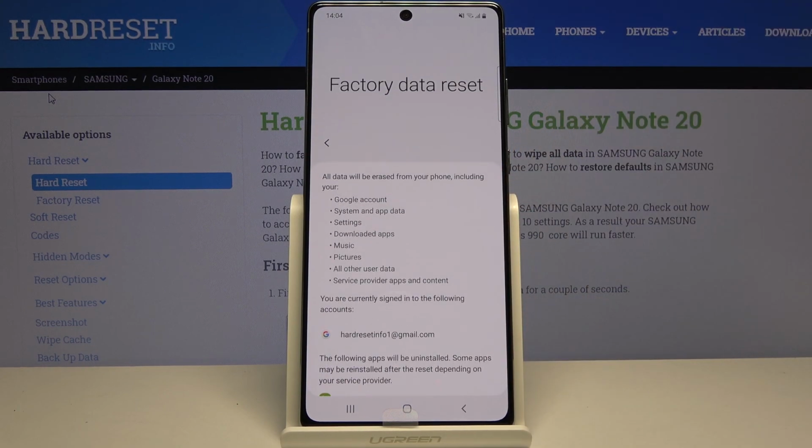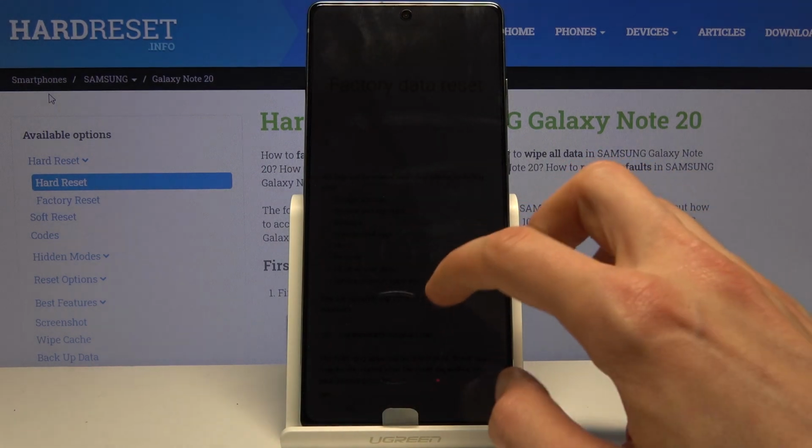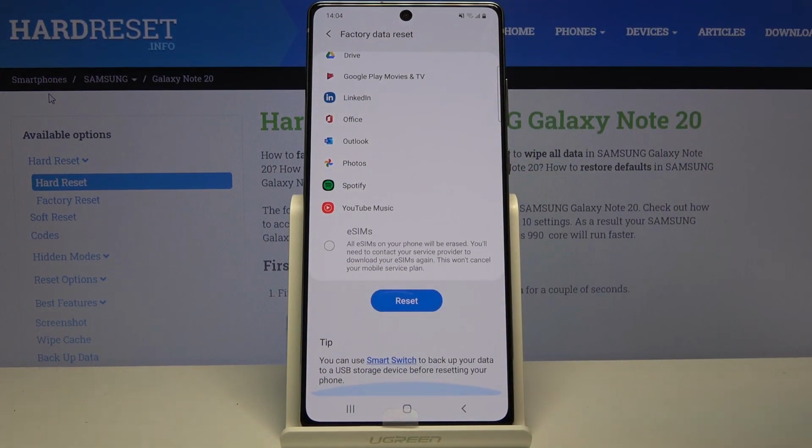It will give you a message that performing this will remove things like your Google account, system app data, settings, downloaded apps, music, photos, and all other user data. So in other words, if there's anything that you would like to keep, you might want to back it up beforehand, things like your photos, music, videos, whatever it is. Otherwise you lose it permanently, but assuming you have already done it or you don't want to, simply scroll down